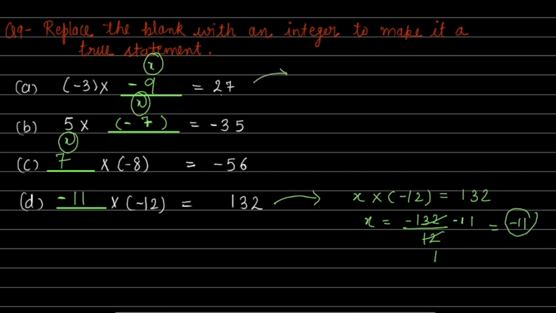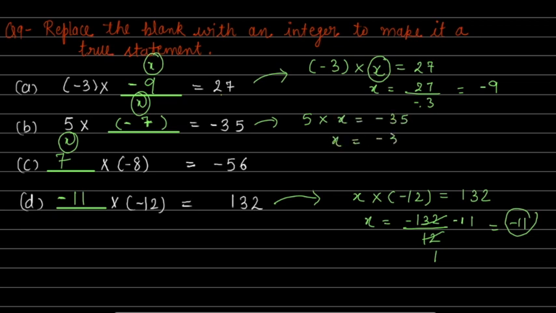Similarly, if you want to do it, say minus 3 into x is equal to 27. You have to calculate this x. So we will take minus 3 on the other side. So 3 9s are 27 and this minus sign as it is. So this is how we get minus 9. Let me do this. 5 into x is equal to minus 35. If I take minus 35, this 5 in the division gives you 5 7s are 35, a minus 7, right?